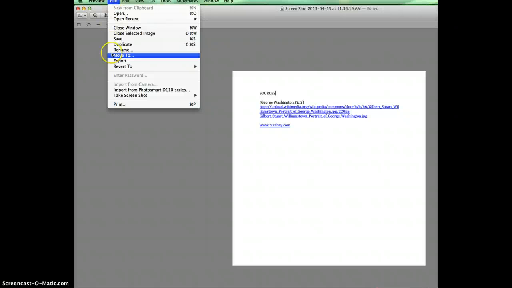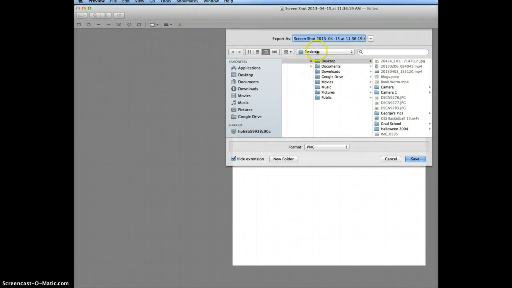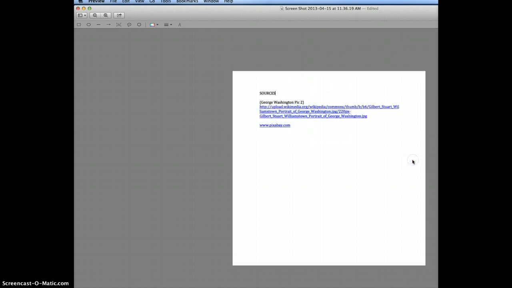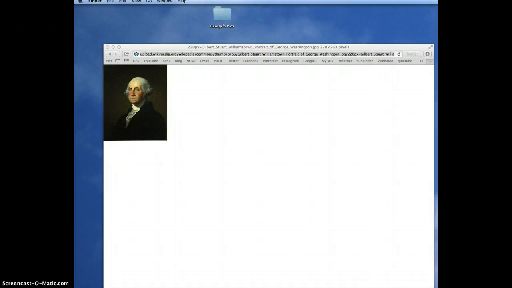and then you go to File and Export. I'm going to export to my desktop, and I'm going to change this to, remember my name is George, George's Sources. I'm going to save it. Then I'm going to quit Preview. And it did not save that title correctly, so that's all right. I'm just going to go in and fix it this way. George's, can't spell, sources, perfectly done. And then I'm going to put that in my picture folder,